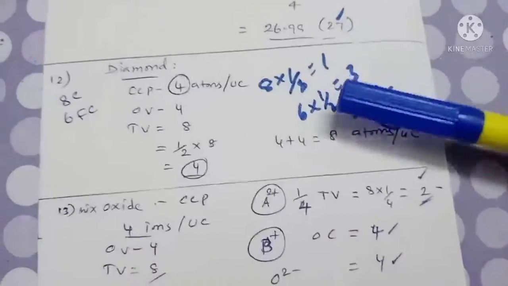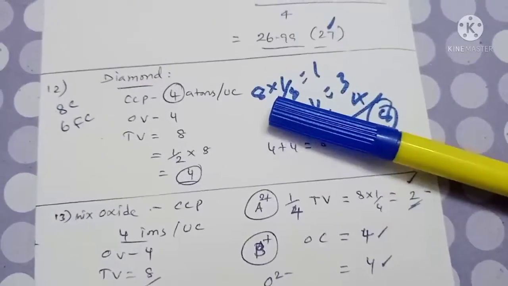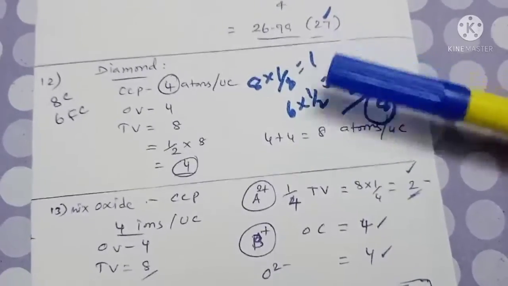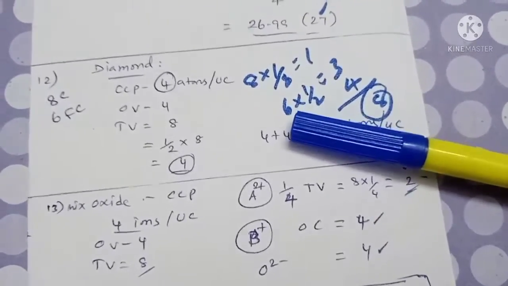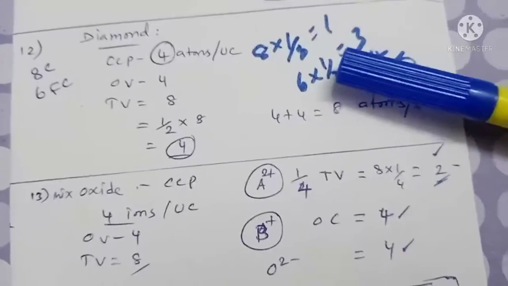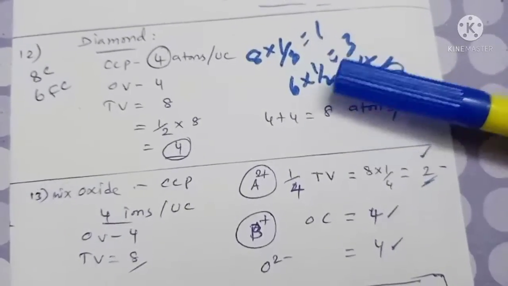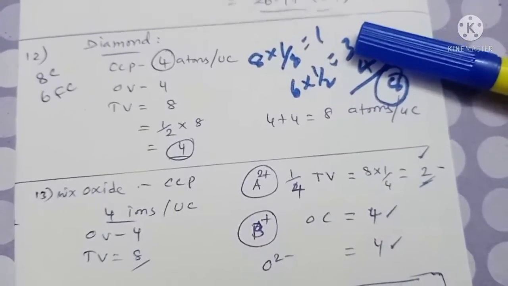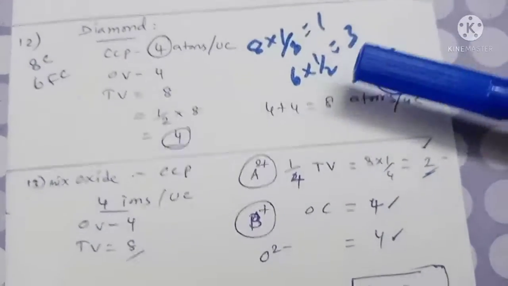Okay, right. Now, corner atom is 8. 8 into corner atom contribution 1 by 8, so that you are getting 1, isn't it? Similarly, at the face center there are 6 atoms. So 6 into face center atom contribution 1 by 2, which is equal to 3. So in the corner and face center together, totally there are 4 atoms, isn't it? As well as